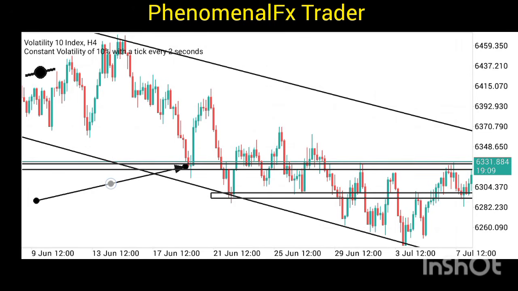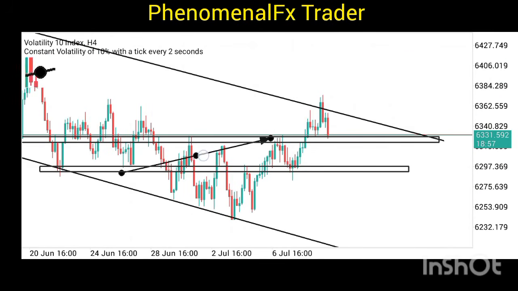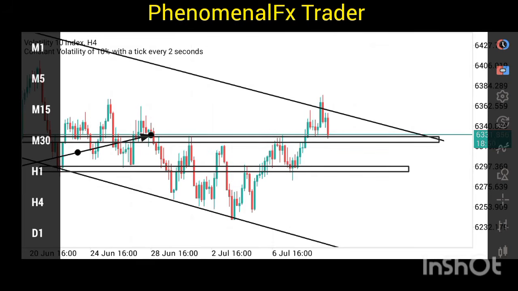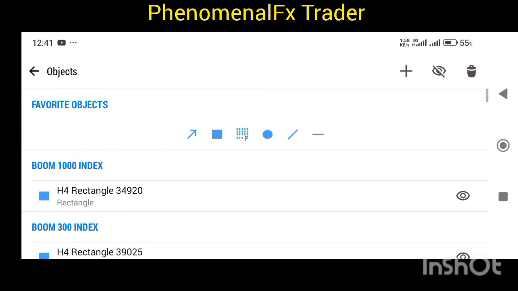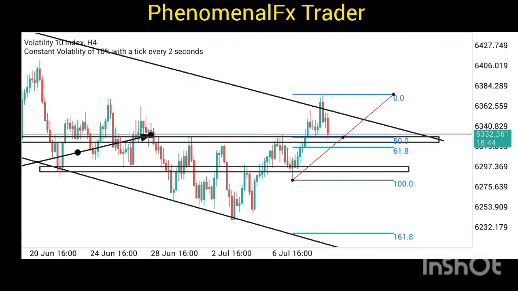Okay, you can see that the market bought from here, bought from here, bought from here, tried to sell from here. You see the rejections around this zone and the sells. So there's also a chance the market can buy from this current level here before getting down here. All right, and also let me use the Fibonacci retracement tool. I want to confirm something. All right, this is a low and a high. Okay, you see the market is actually on the golden zone,